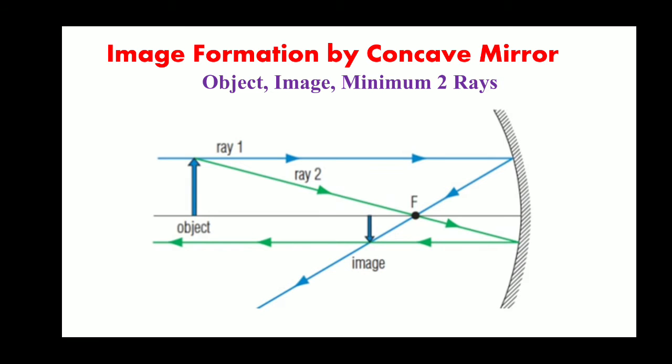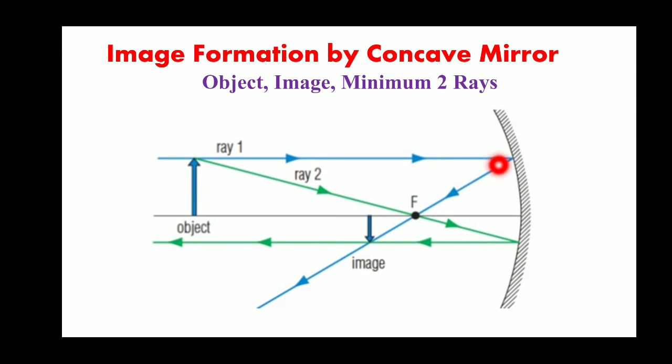So once again, a quick review. A mirror. What is this point? Pole. Focus. Double the distance gives the center of curvature. This is ray 1 and its reflected ray, and ray 2, the incident ray, and its reflected ray, obeying the rules. And what is this one? We represent an object like this, and this is the way we will represent the object throughout. And I get the image. How? This is one reflected ray and this is the second reflected ray, and both are meeting at this point.